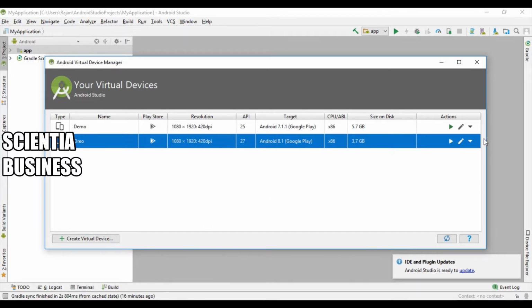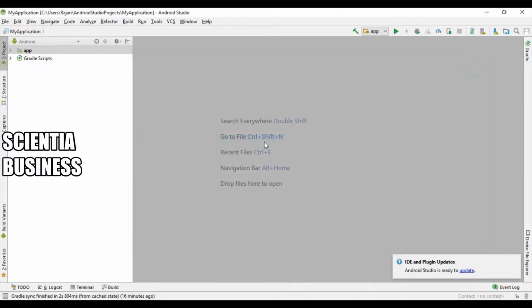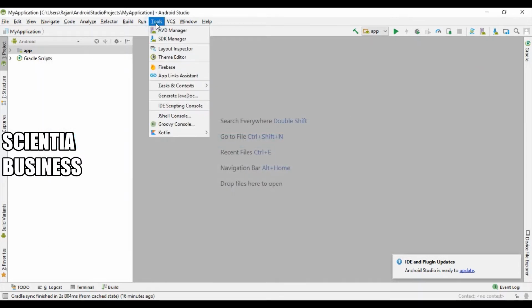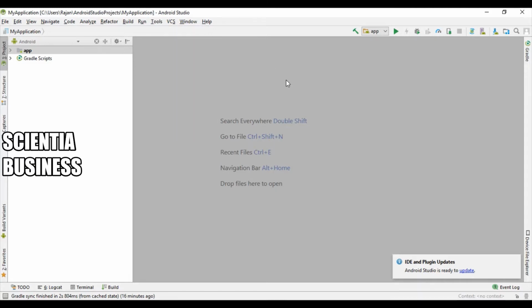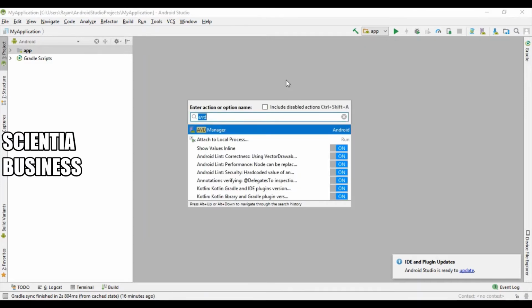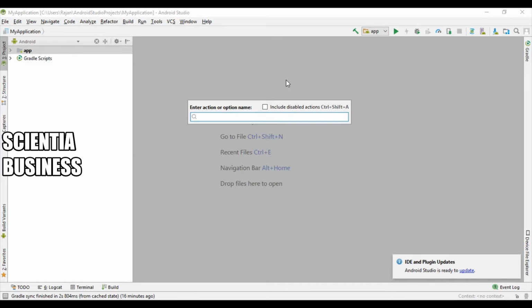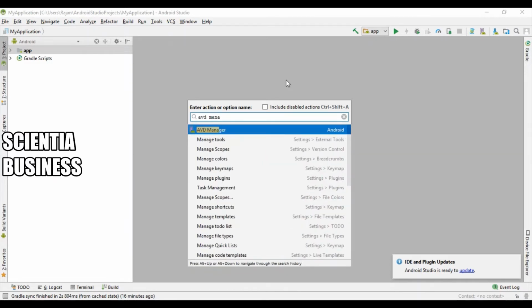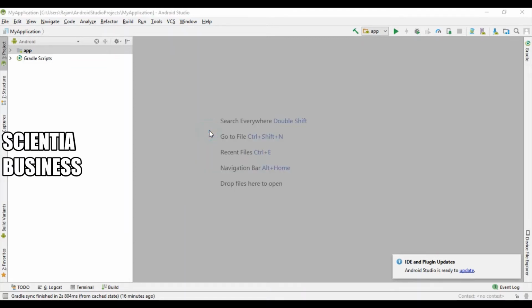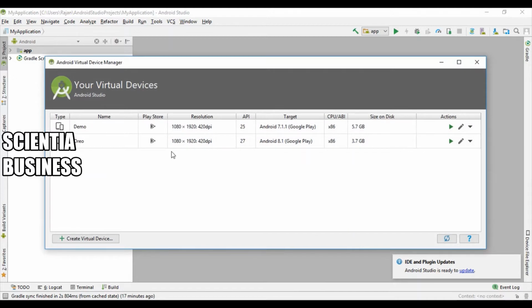So just for information, even if you're not able to view this option under the Tools drop down, you can just press Control Shift and A on your computer, and it will launch something like this. And here you just need to type AVD Manager, and as soon as you type, you will see that it displays in the drop down, and just click on it, and you'll see the screen appearing again.